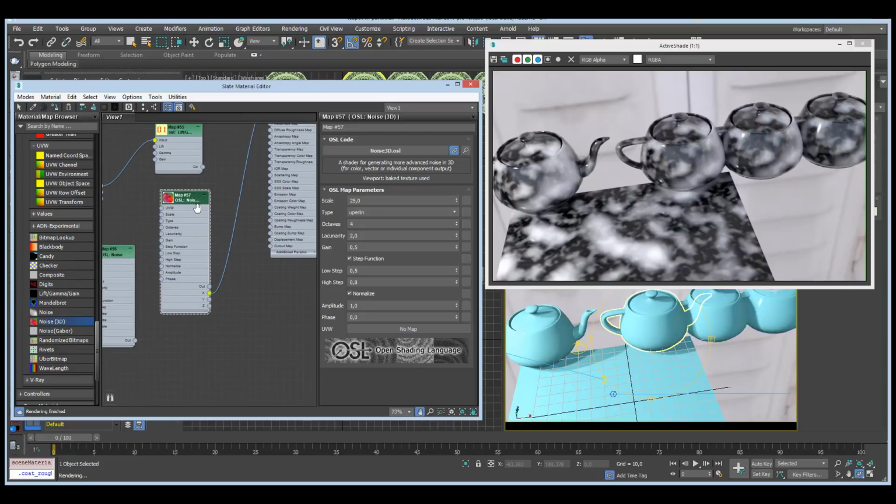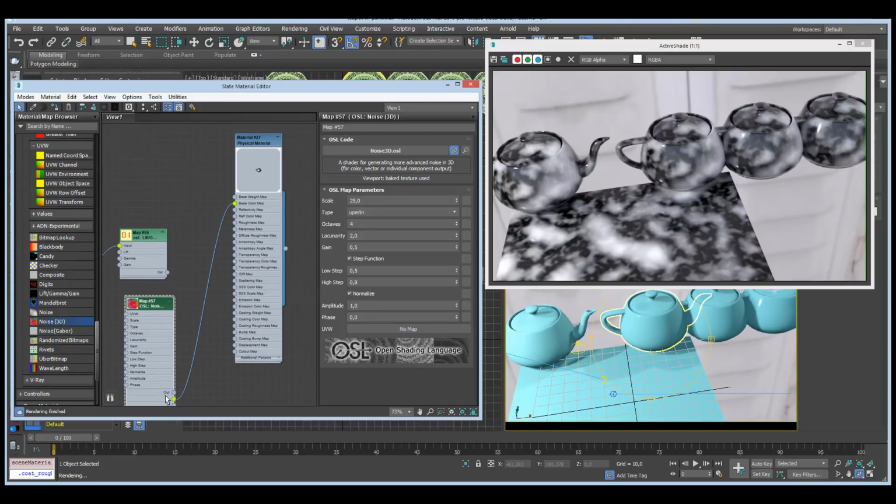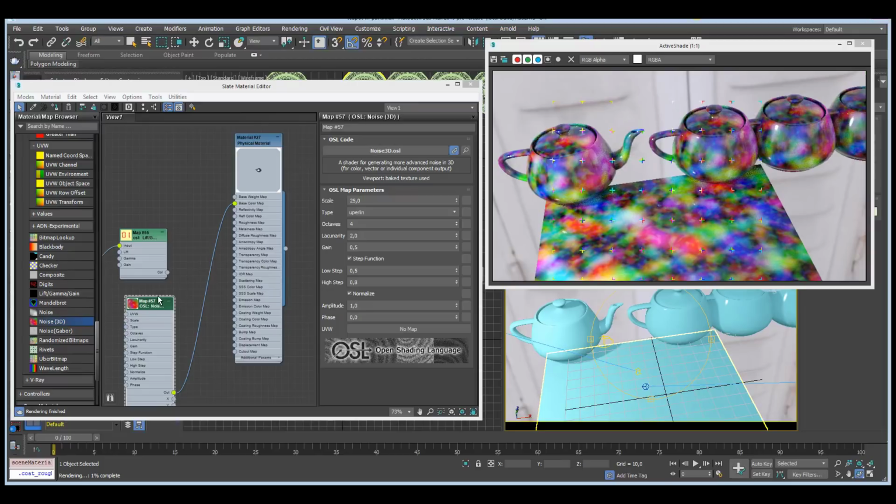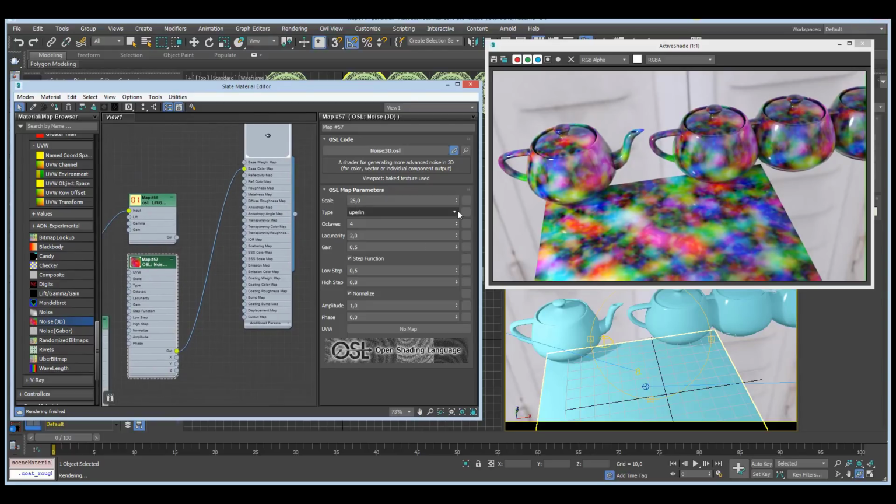Here we have the one which has 3 outputs, X, Y, and Z, or you can treat it as a color or a vector, which mostly now looks like freaky color noise. But if you do stuff like distorting 3D coordinates with it or something, that's when you want to use the vector output. Another interesting type of noise